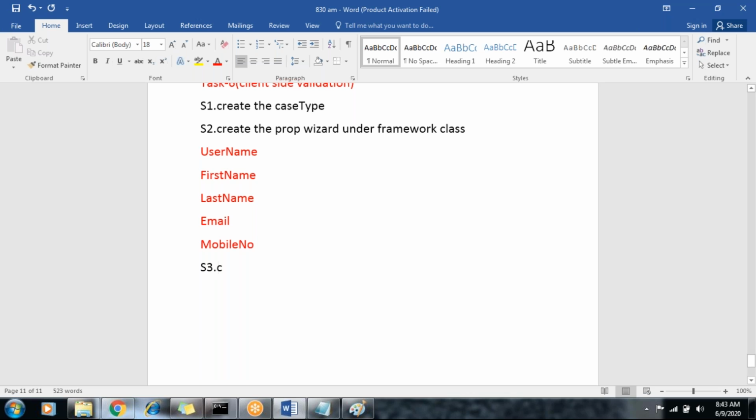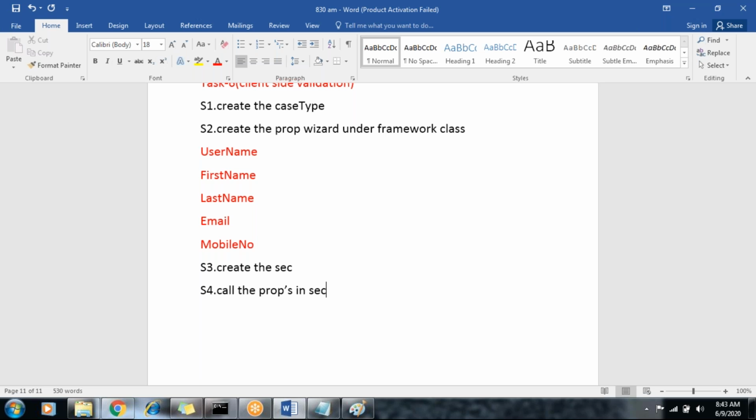Let's go on designing the screen in the one class. Step 3, create a section. In step 4, add all the framework properties into the one class section.